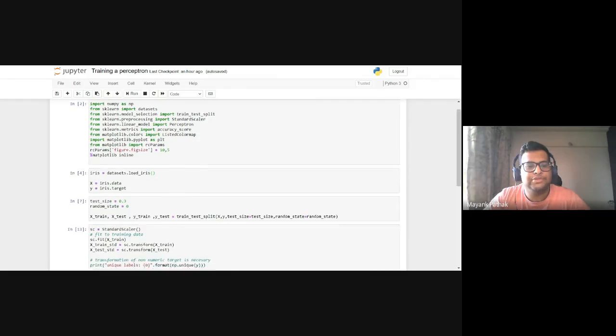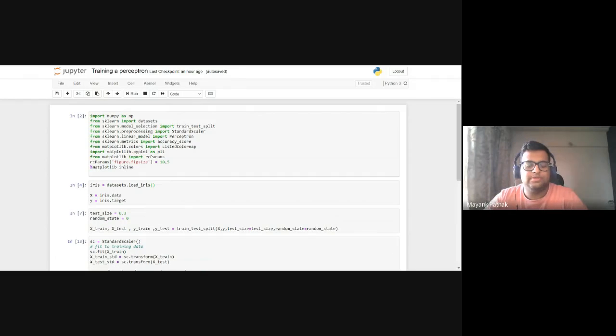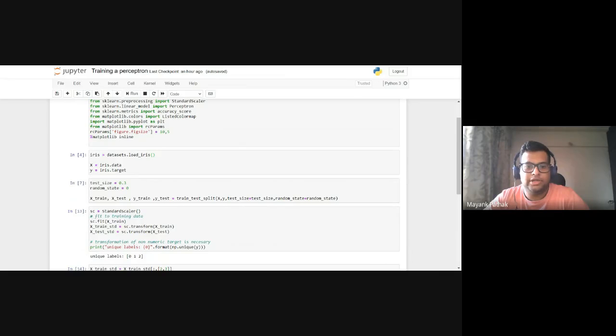Okay, so the perceptron can be trained. We have made a simple training example. Here we have imported all the required libraries, that is NumPy and sklearn. We have imported some datasets, and from those we are using the Iris dataset, and also we have imported the perceptron model, because we are training on that, and we have also imported accuracy for the prediction.